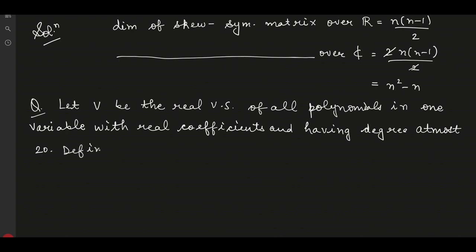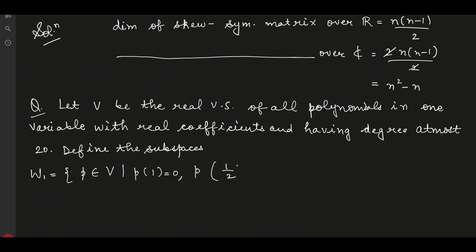Define the subspaces W1 equals P belongs to the vector space, P(1) equal to 0, P(1/2) equal to 0, P(5) equal to 0, P(7) equal to 0, W2 equals